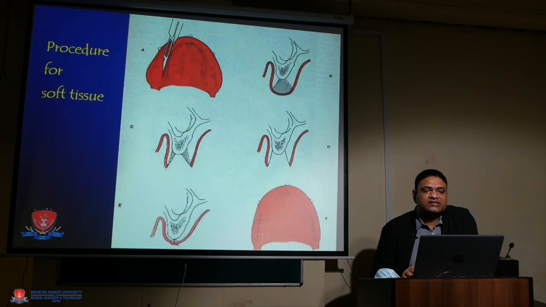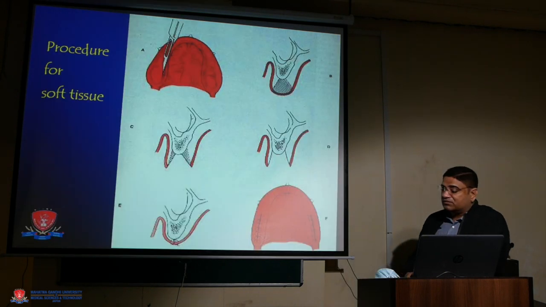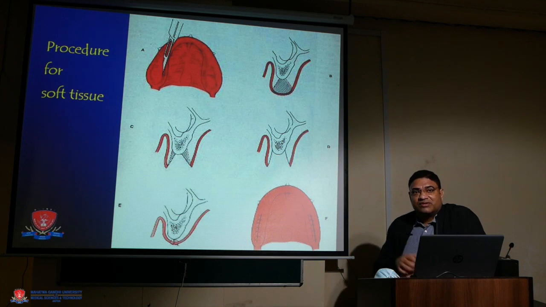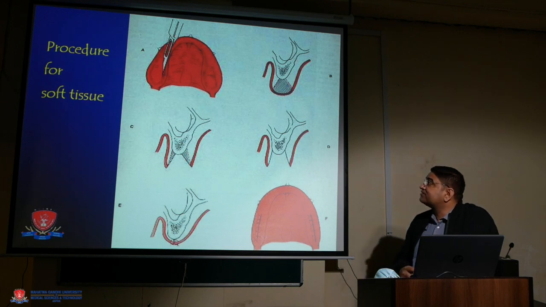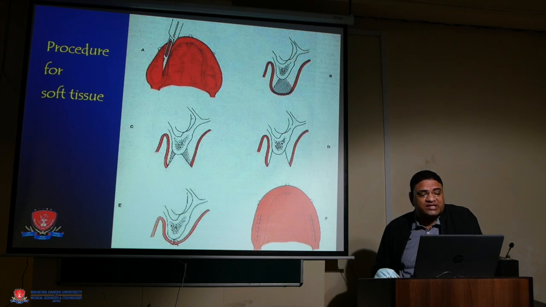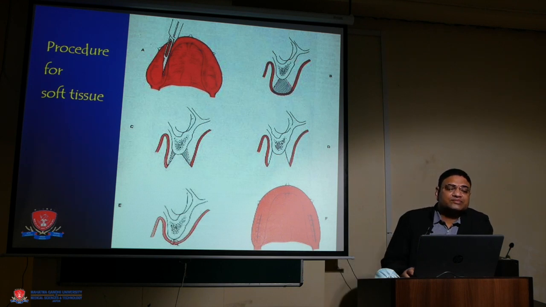This is the overhanging picture showing the overhanging tissue in the molar area. So we have to cut the excess area with the help of a BP knife, and then after removing the excess tissue we have to suture it again. So there is no flabby tissue in the molar region, and our prosthesis will get proper retention.